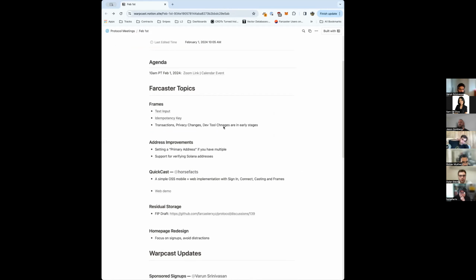All right, rolling down the list. Three other things that are in progress, but we don't have a spec for yet. We're starting to think through transactions, how we can actually make transactions work within frames. And as soon as we have a design doc, or even just a rough idea of how we're going to implement this, we'll share this with folks. I know everyone's been very excited for this, but we're still in the very, very early stages of figuring out how to do this safely.